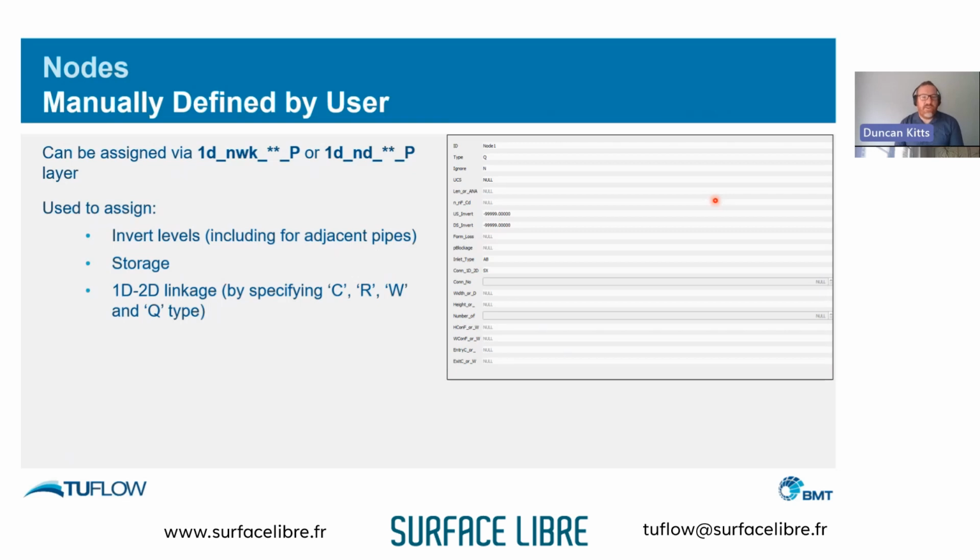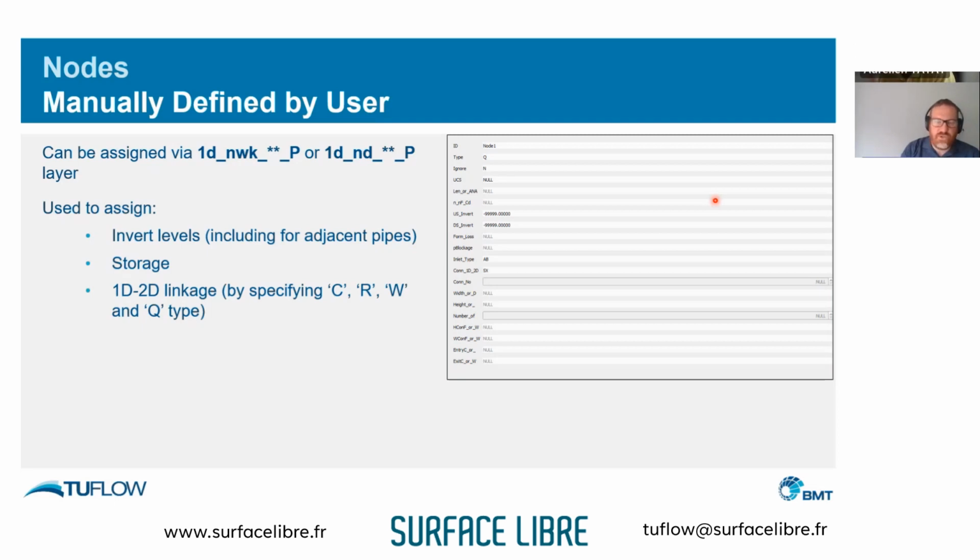Alternatively, we can then start to add in our own nodes. Like I said previously, this is optional, but you can do this to assign invert levels. So it could be that you don't have invert levels in your pipes, so you can use the node invert levels and interpolate the pipe invert levels from them. Your node invert levels can be different to your pipes. We can assign